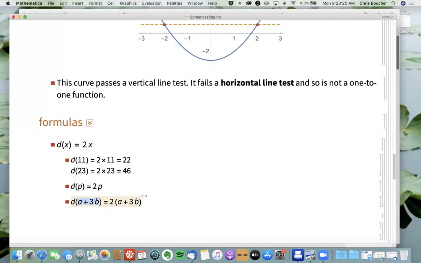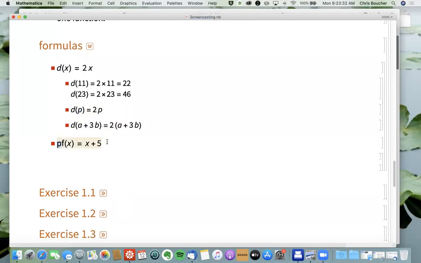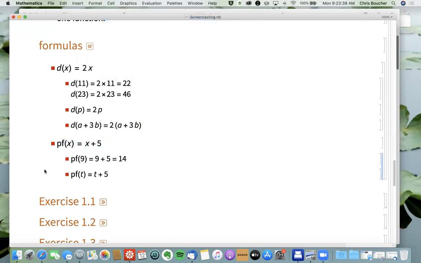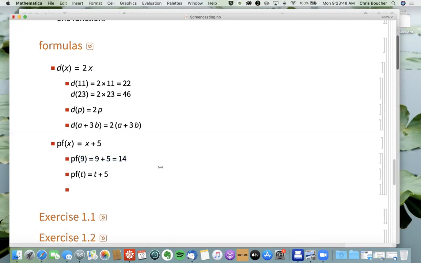The output is 2 times the input in this particular case. Similarly, for the +5 function, we wrote that down above. That's the formula. And again, this allows us to compute the function value at any input. +5 of 9 is equal to 14, +5 of t is equal to t + 5,